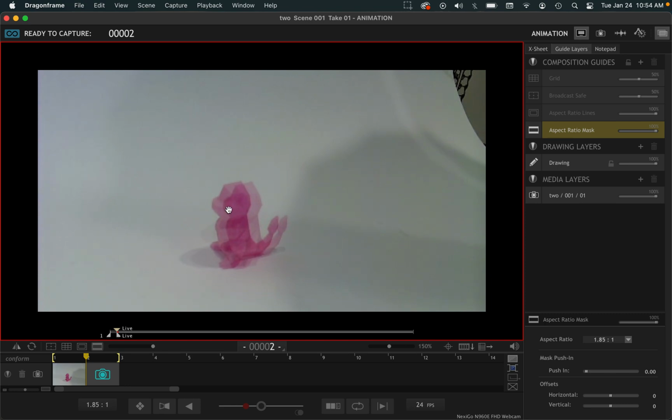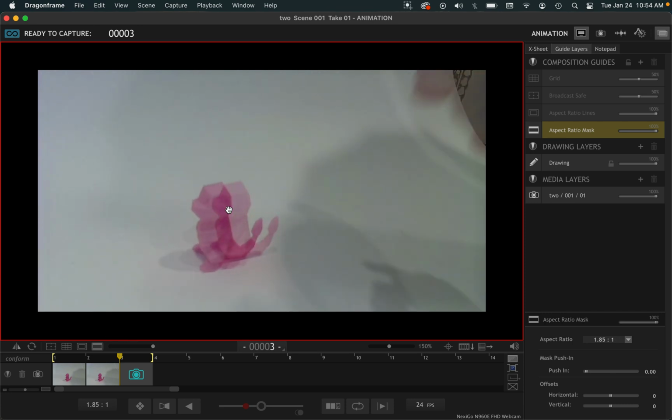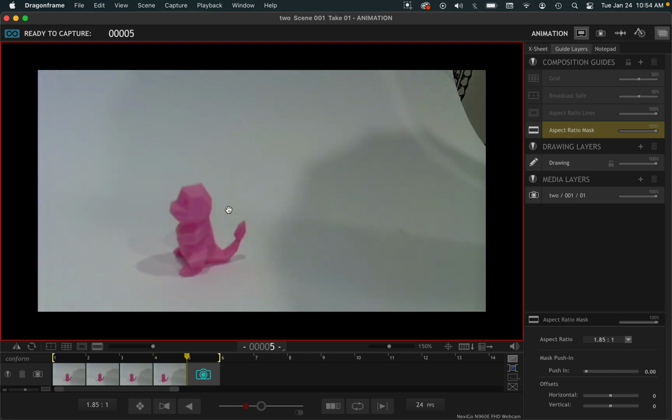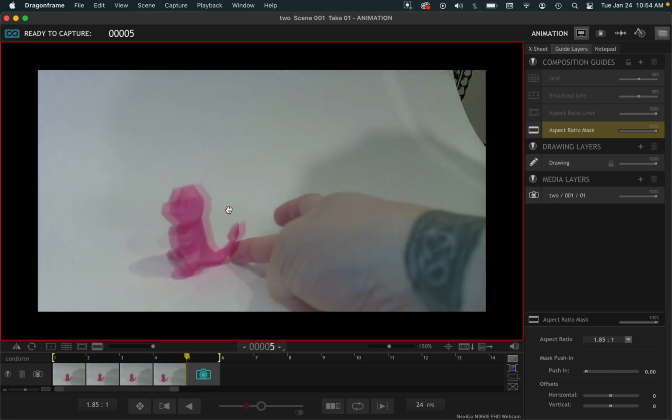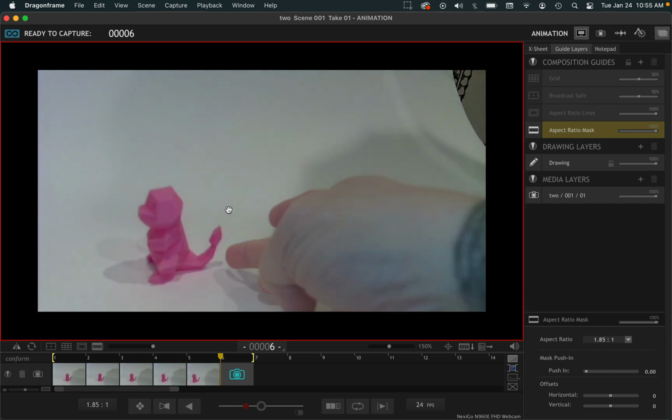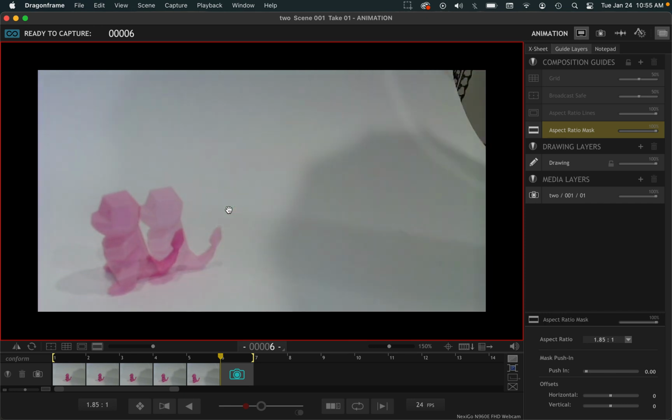So I'm going to hit the return again. And then I'm going to slide him a little bit further. I'll hit return, and I'll slide it a bit further. I'm doing this very quick. Normally you would spend more time, especially if you're going to be working with clay, making your movements a little bit more accurate. But once you've shot a bunch of them, now if you hit the space bar or the play button, you'll see the character starting to move. All right? That's the basics for using